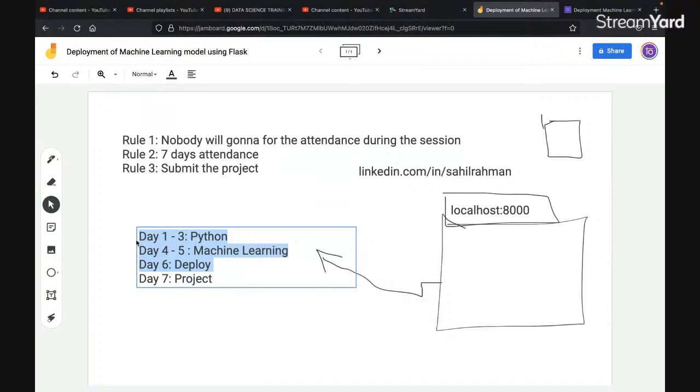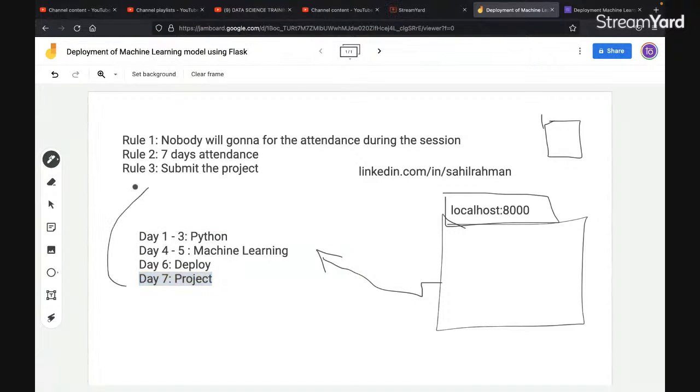On day 7, we are going to discuss a project that I'm going to give you, and you will get a week's time to submit it. We have already seen that the project is important for your attendance. Is the agenda for the upcoming days clear to all of you? Yes or no? Come on, tell me.